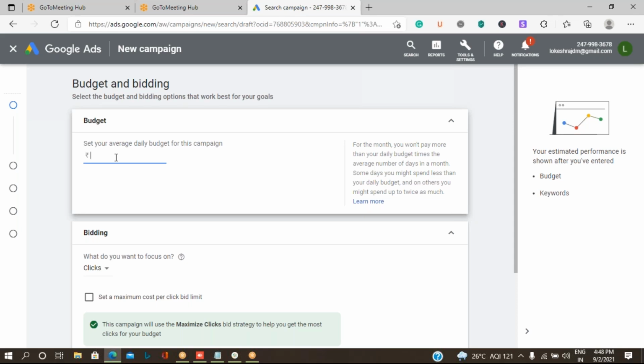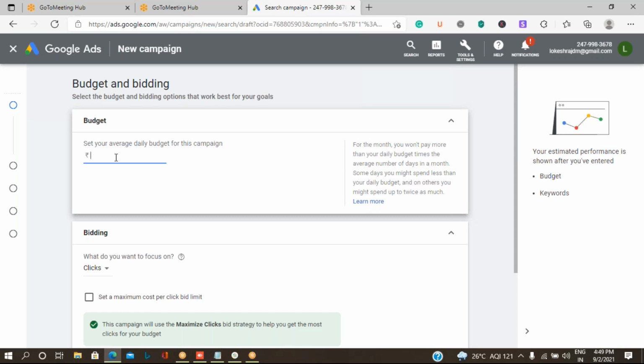For example, daily basis means are you ready to spend a particular amount every day. Suppose you want to run a campaign for 10 days, do you want to spend 500 rupees every day, or do you want to spend 6,000 rupees for the total campaign, which is equal to 600 rupees per day? So how do you want to prepare your budget? Is it daily wise or total campaign wise?